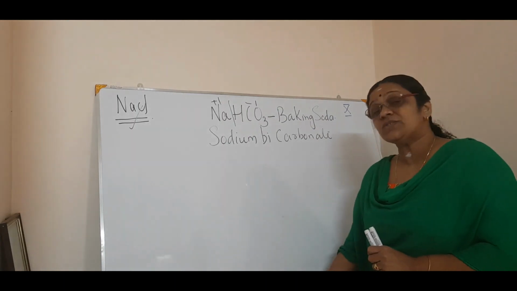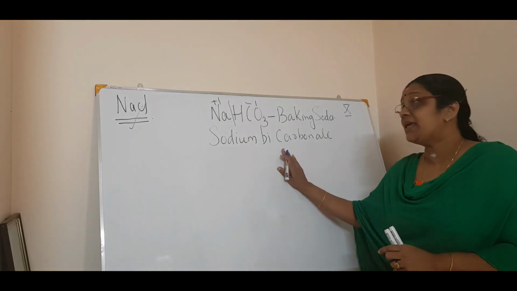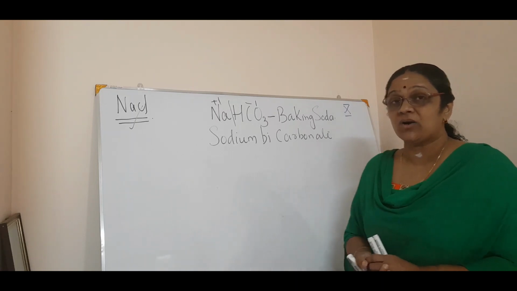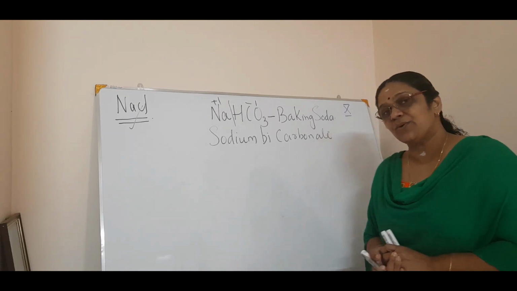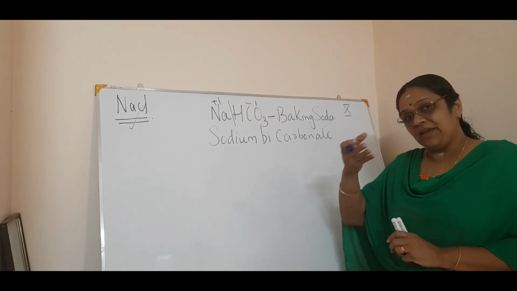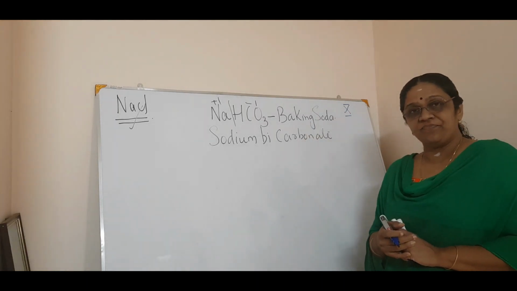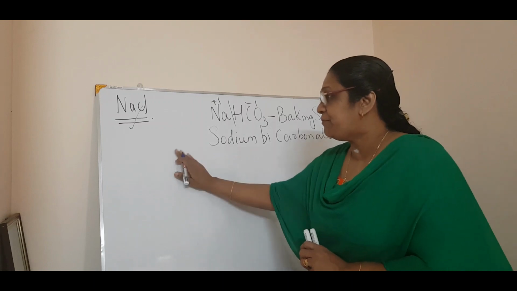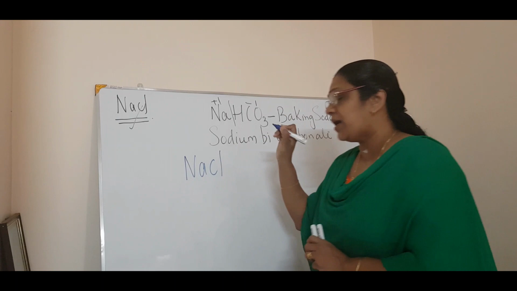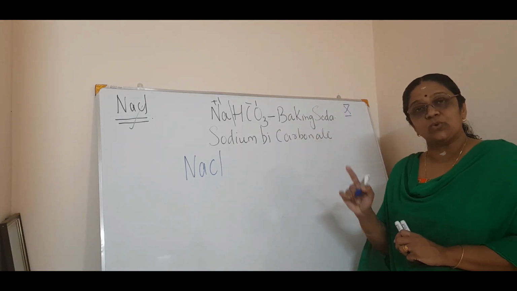And you know what is the use of baking soda in the kitchen, in our daily life? This baking soda is put in batter for making crispy pakoras. Your mom will be knowing, just ask your mom. Or for batter, in order to make it fluffy and spongy, they will use baking soda. So, in the preparation of baking soda, one of the raw materials, as you know, is sodium chloride. Now, from sodium chloride, how will you make this baking soda?